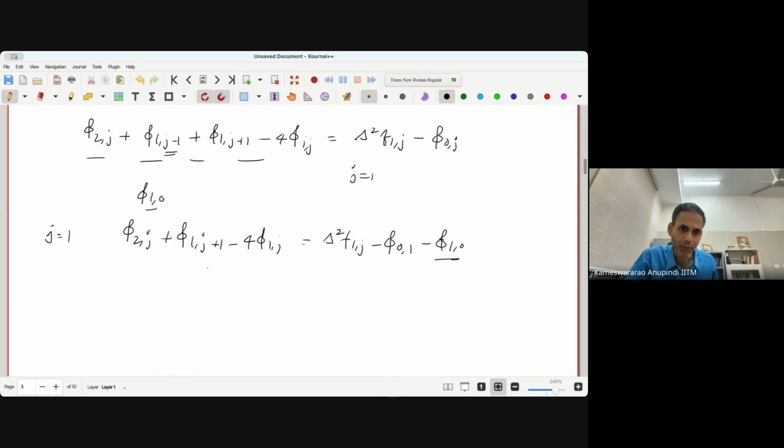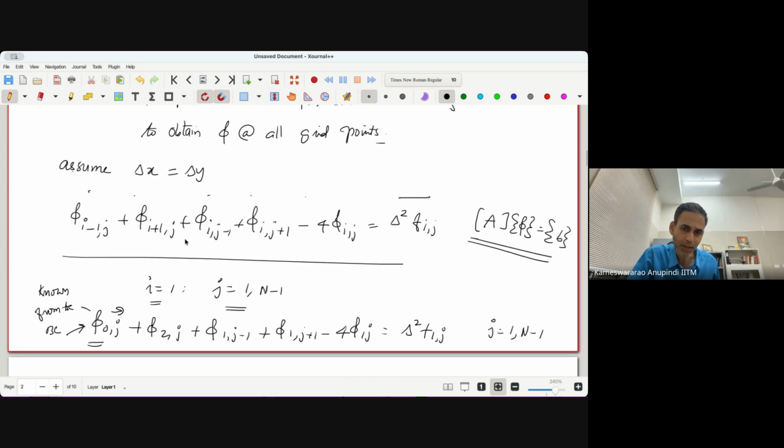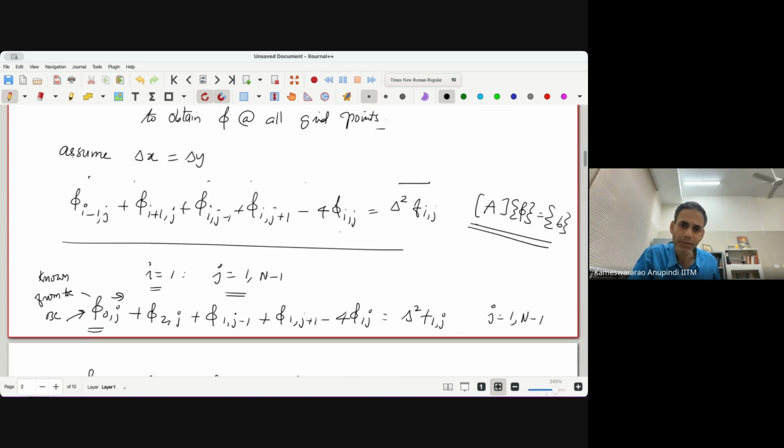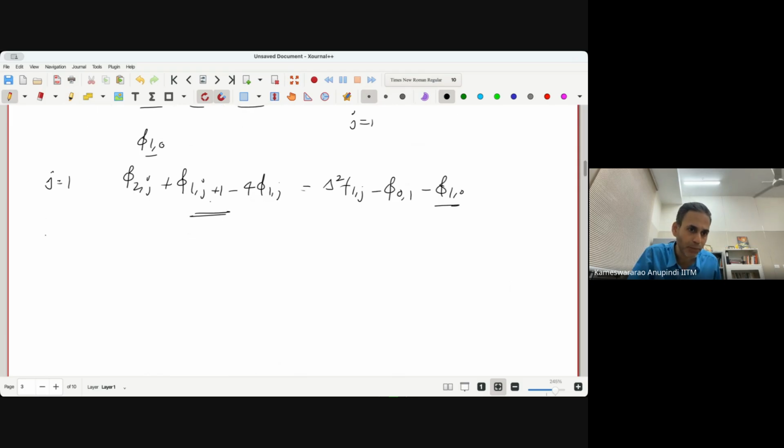So then what I'm trying to say is that your matrix coefficients get modified as you come closer to the boundaries, and then the known values are sent to the right hand side. Now we can arrange this in a matrix form, as I said. In which case, what you see is that the central coefficient is going to be -4, and the neighbor coefficients are going to be +1, +1, +1, +1.